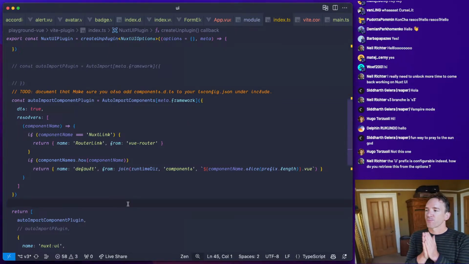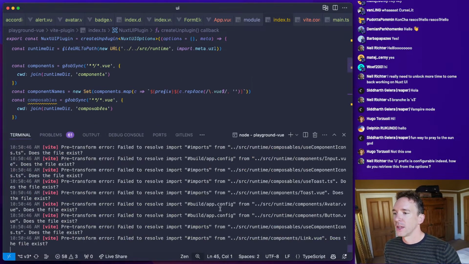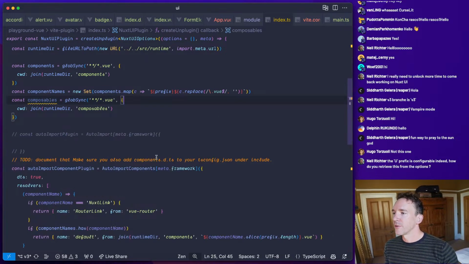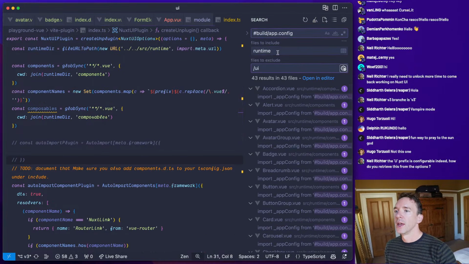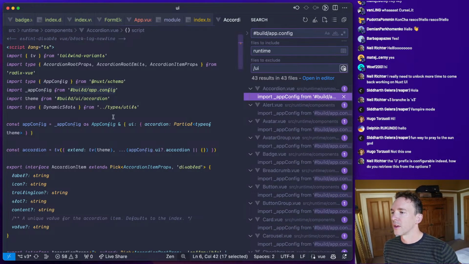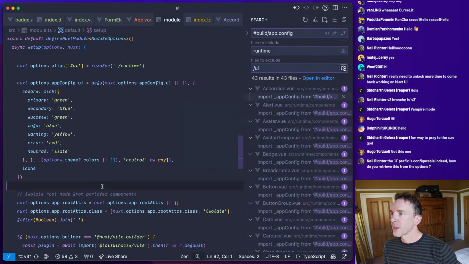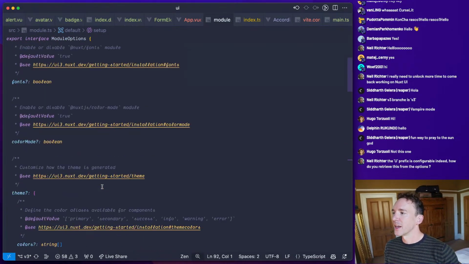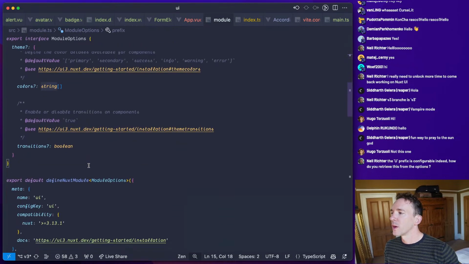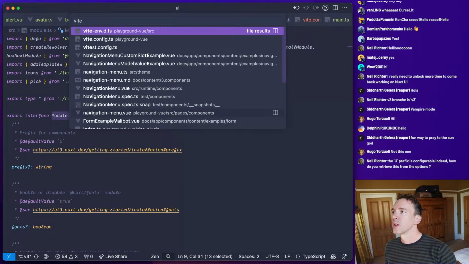Okay, so we're going to have to gradually go through a list of some stuff that it needs. So build app config is the first thing. We have this ability to import from app config, and this is how Nuxt UI is doing a lot of configuration steps. So we have this app config here, and we have some default options, and we're going to need to duplicate all of that basically in our thing. Ultimately, we're going to want all of these same module options to be respected in our Vite plugin.